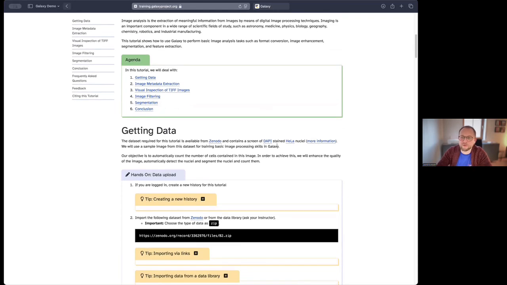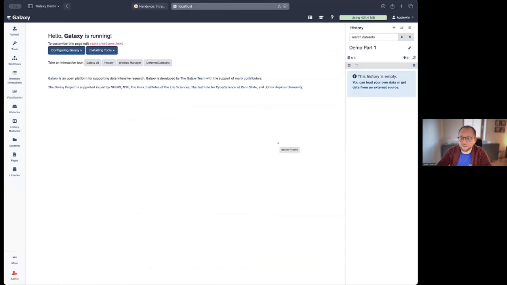To start with, I want to mention that I'll be using a local Galaxy instance, for the simple reason that using a local instance reduces the waiting time you have when you use a public instance, before a job that you submit, a tool that you execute, starts. But if you want to reproduce the steps that I take here, it's perfectly fine to use a public instance like galaxy.eu, for example.